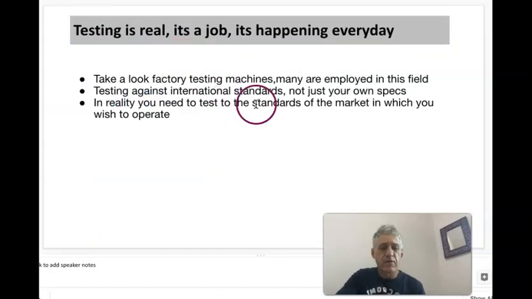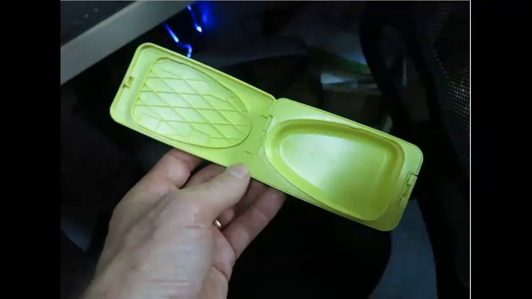So I'd just like to reiterate that testing is something that does happen every day. There are thousands of people that are working in factories that are just testing. And testing must be done against international standards. In reality, if we don't test against the market that we're going to put our product into, then it won't be successful. I'd like to show you some real products now being tested, and these in a factory,